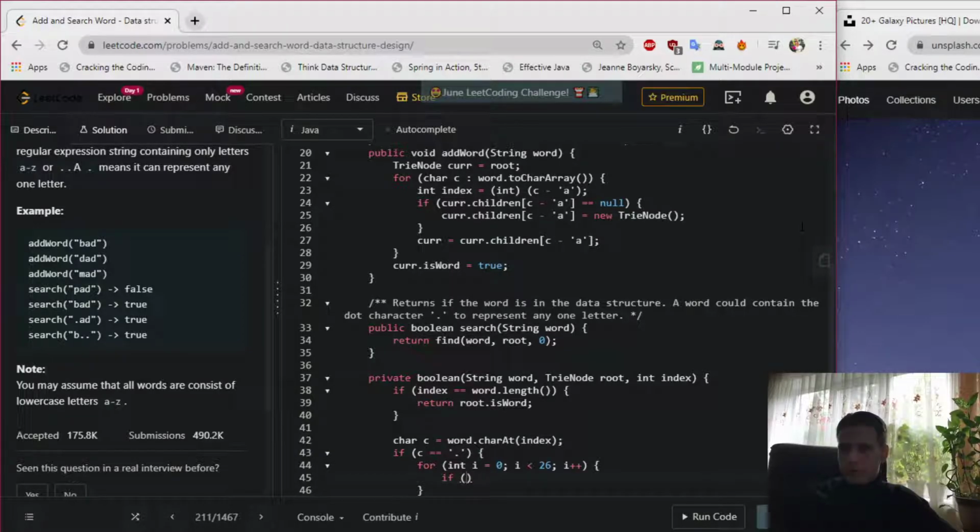You check if root dot children at I doesn't equal null, and